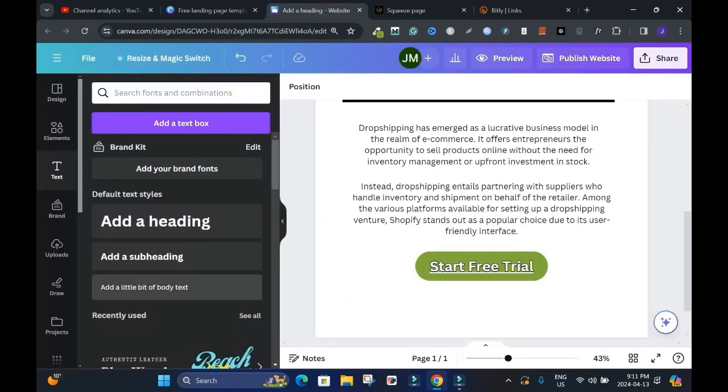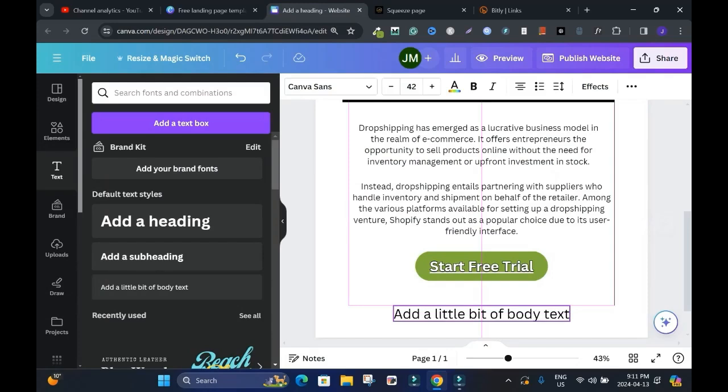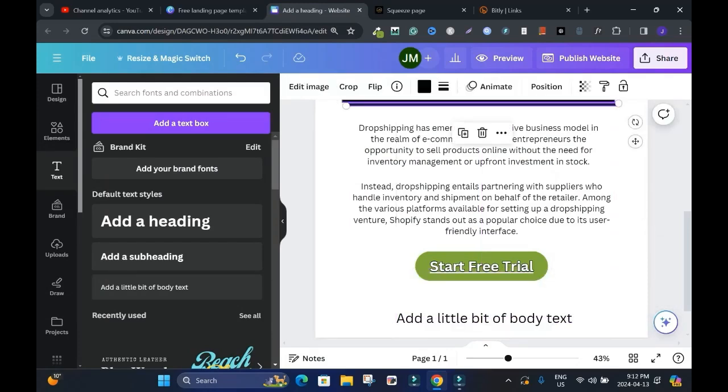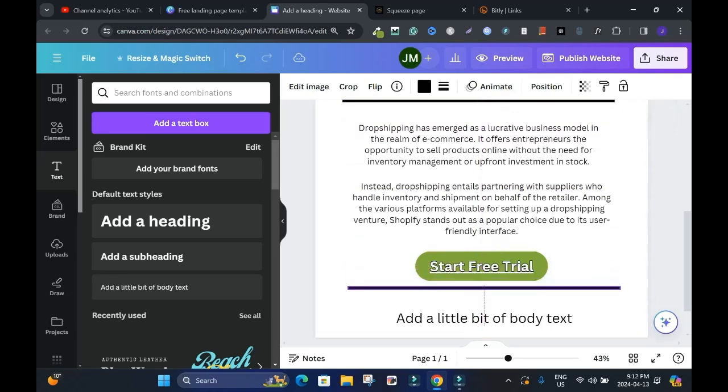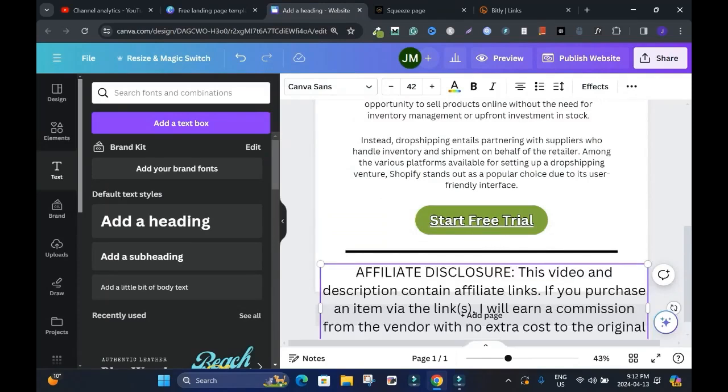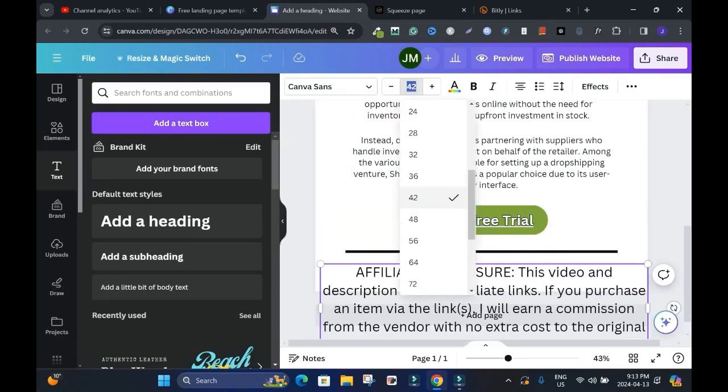Let me add the text first. Click outside and drag it down here. I'll copy this, Ctrl C and Ctrl V, and I'll drag it down here, because this is something you must do. Go back, right click, copy, and go back, double click, Ctrl V to paste, and I'll reduce the size to,